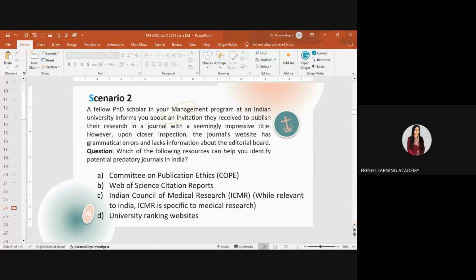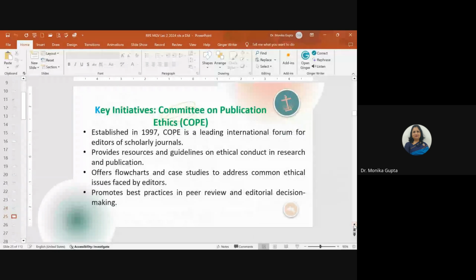I think first, ma'am, A. Web of Science, citation reports, ICMR, basically related to the medical field, and university ranking websites. So, which one? I will go with A, ma'am, Committee on Publication Ethics. Right. This is COPE, Committee on Publication Ethics. So the key initiatives of COPE are,